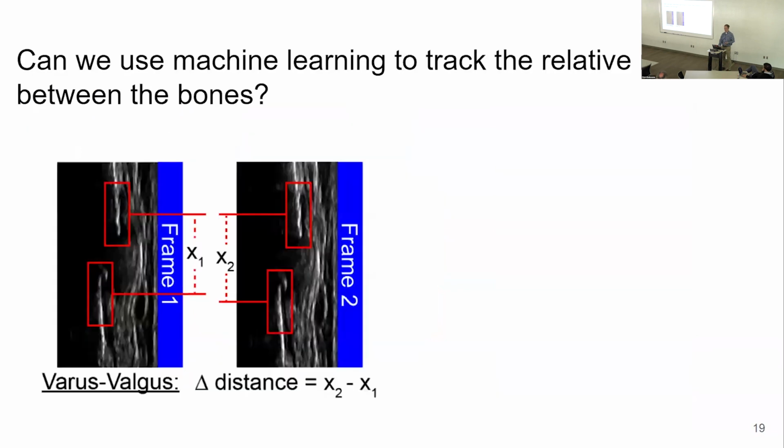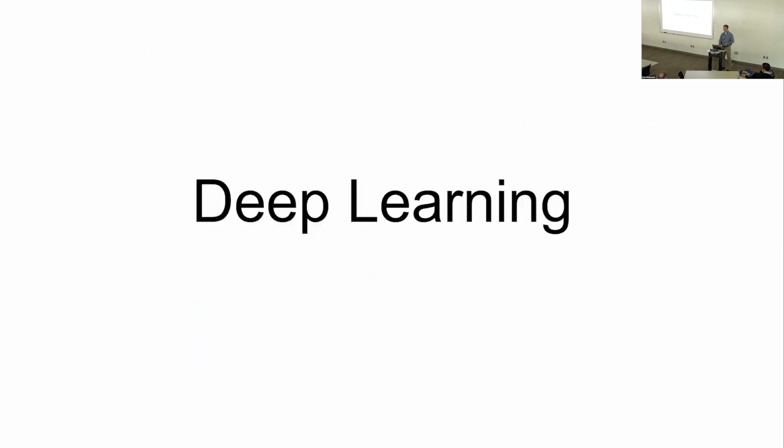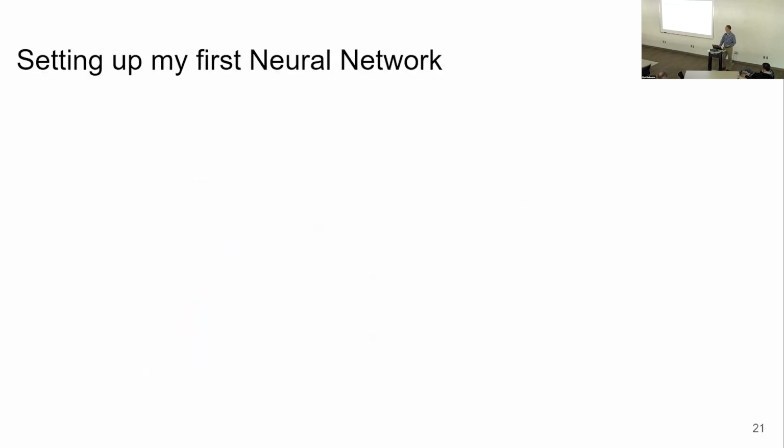So what we want to do is, if we give some machine learning model these ultrasound frames, these videos, can it track how these bones, how this white prominence in the ultrasound images, move from frame to frame? Or in other words, if we input 2 consecutive or sequential images into some machine learning model, can it tell us what the translations and rotations between these 2 images are? This is where machine learning, deep learning come in.